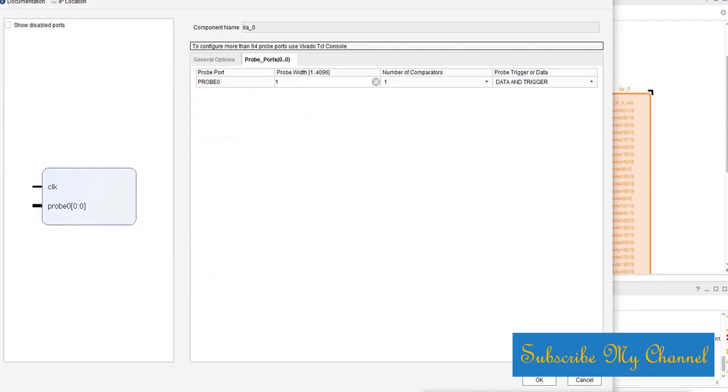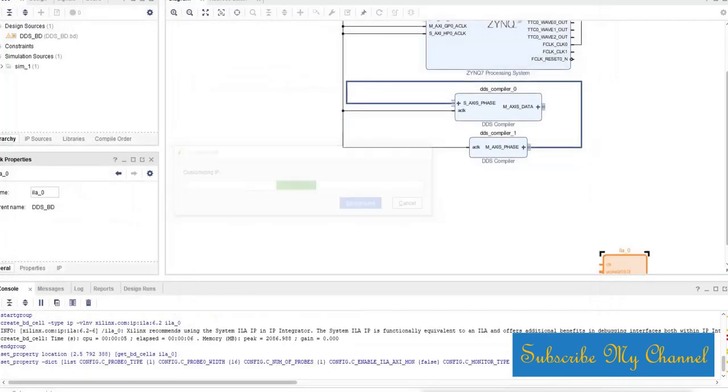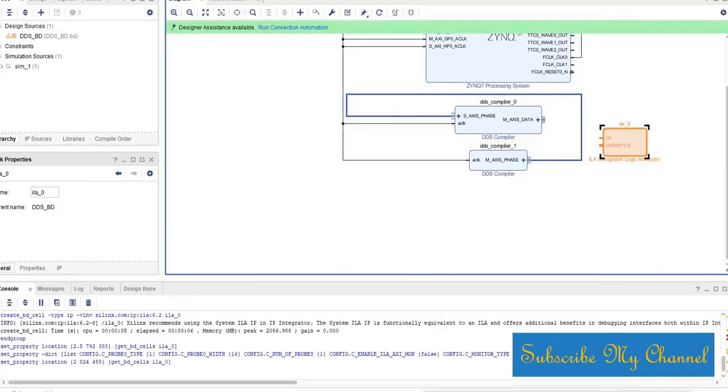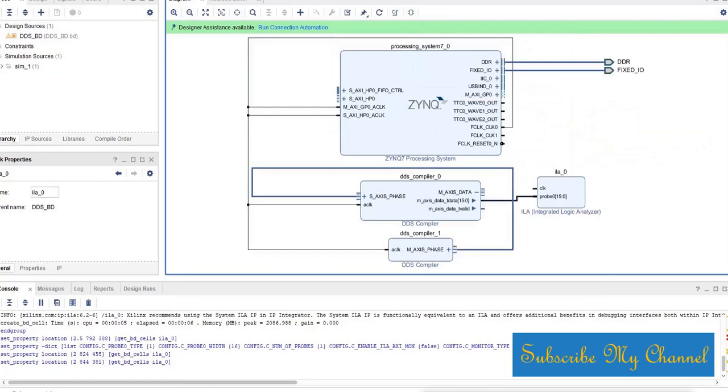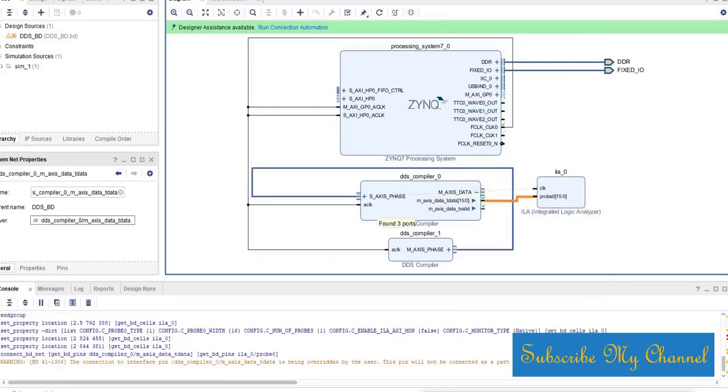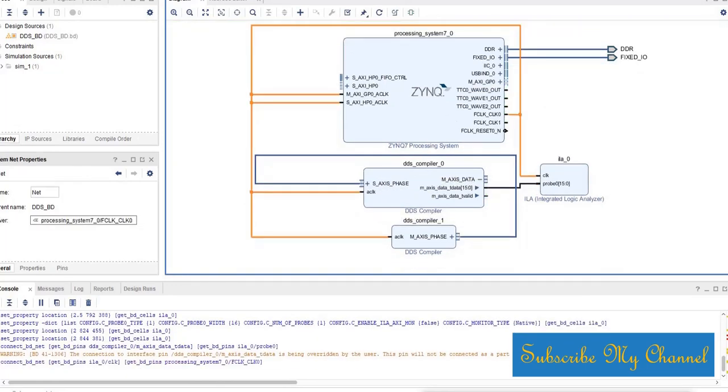Okay, this is the probe. The data and trigger will be only data, that is 16-bit data. Now it is showing 0 to 15 bits. So we'll connect it. We'll connect the clock also. Okay, now everything has been connected.